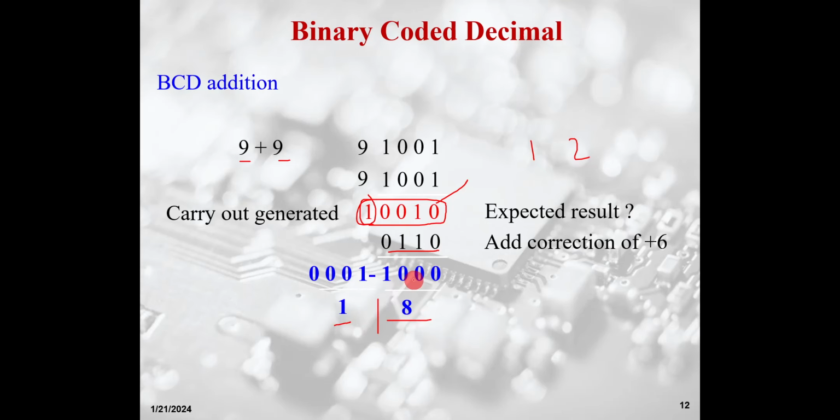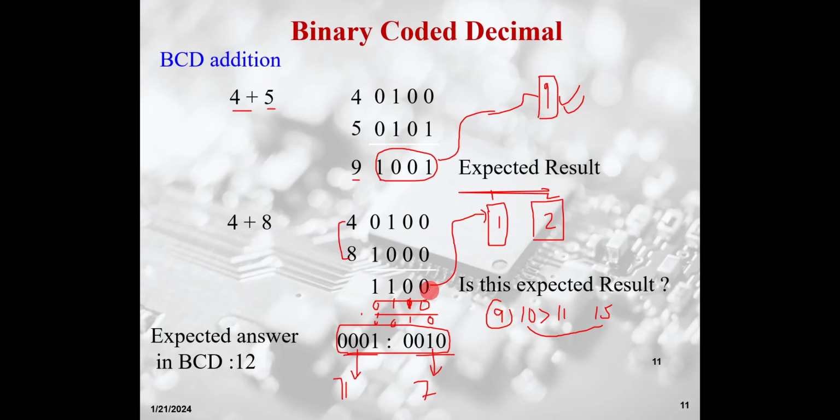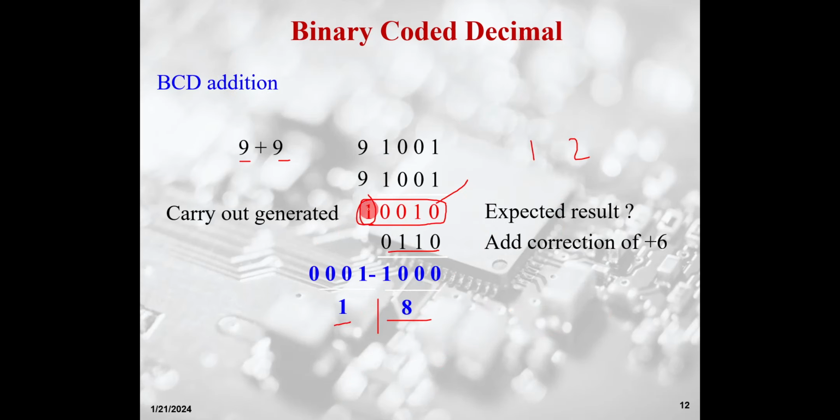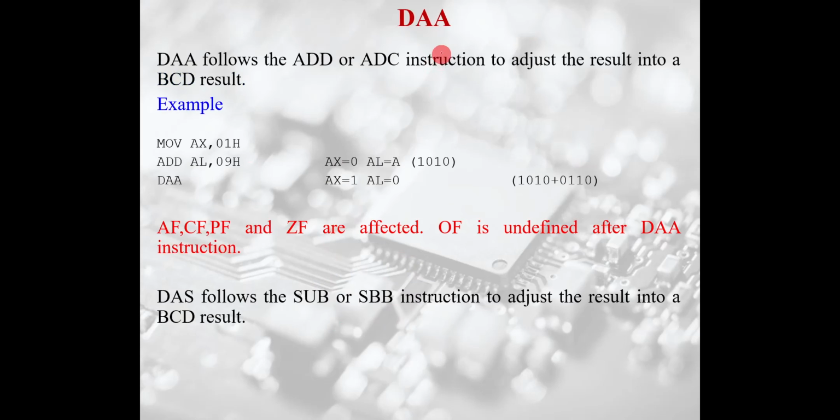So there are two conditions. One, if the result is more than 9, or the second condition is if there is a carry. When I am adding this, if there is a carry, in both the cases I need to add an additional 6 to convert it into BCD. So rather than writing a long program like this to convert the binary into BCD, the 8086 gives a decimal adjust after addition. Okay, it's an